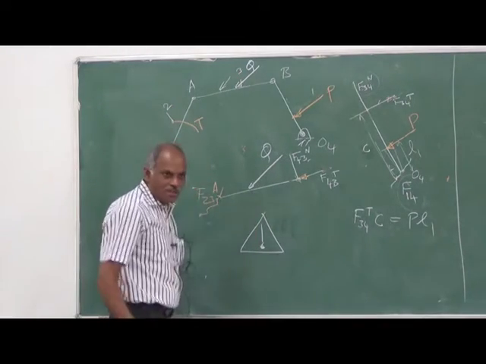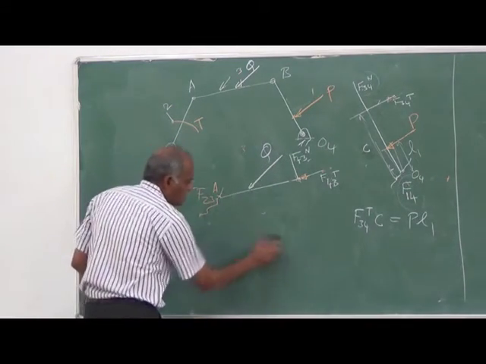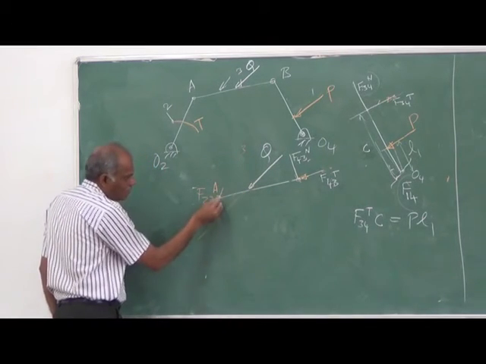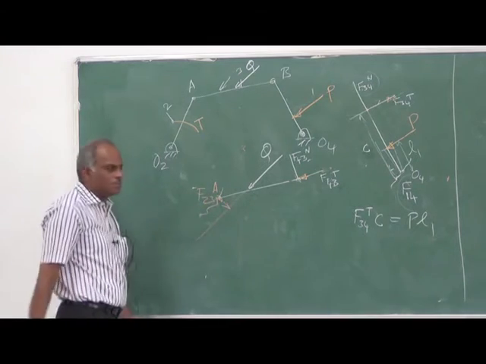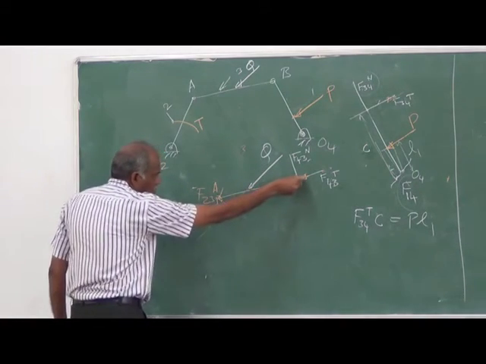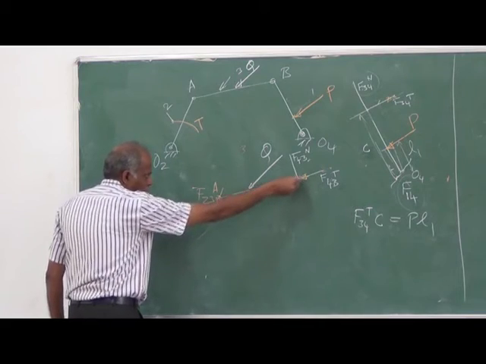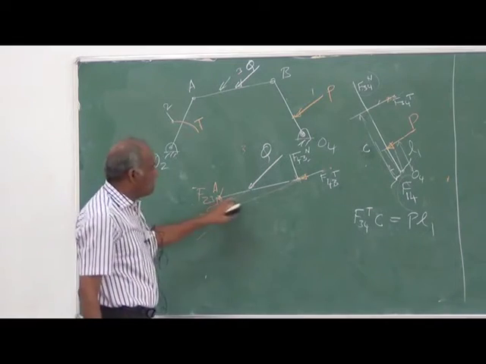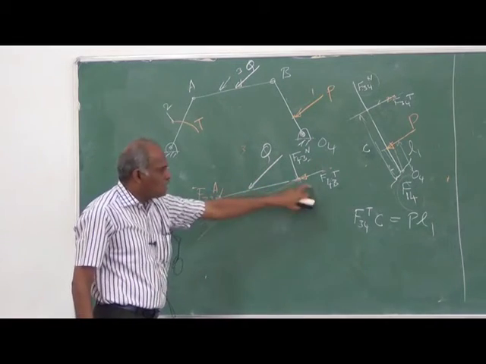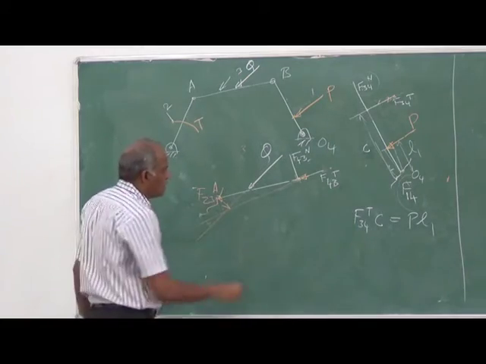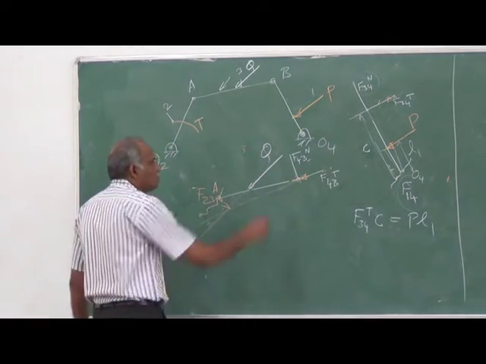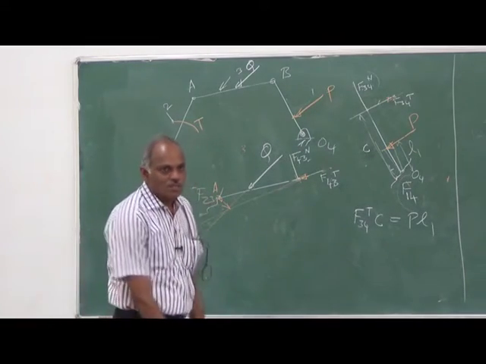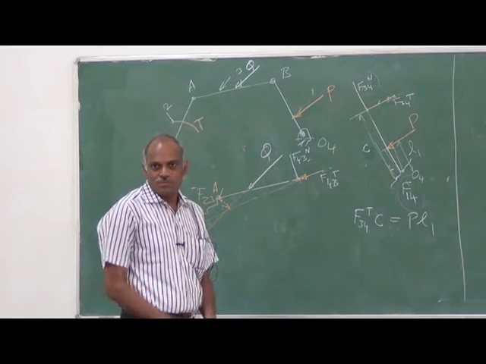Now you take the moment about, because you are doing it graphically, you can take the moment about this. You can extend this line, find out this distance. You can extend this also, like this, and see what is this distance. So you can find out their moment arms of Q and F43 tangential, and you can write an equation for that and get what is F43. Okay, so that particular thing is now known.